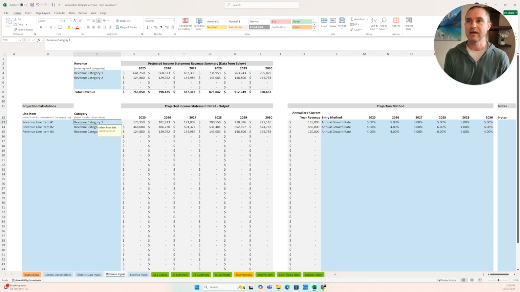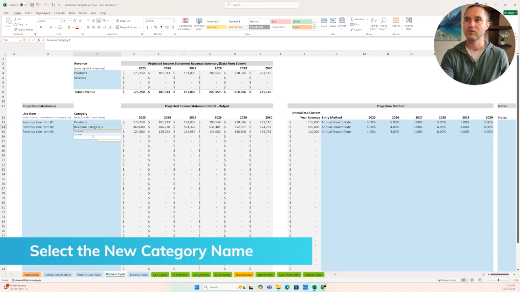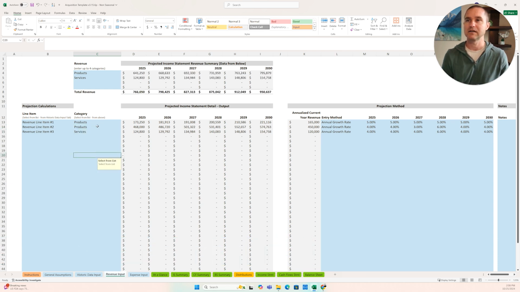And so we could then categorize. And one thing to note, if you change the name, so if we said products and services, you'll notice everything gets zeroed out, right? Because now we need to come back down here and we need to select the new category name. All right, so now we've got our products and services set up, and